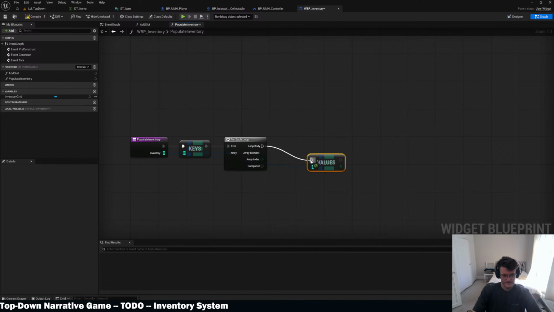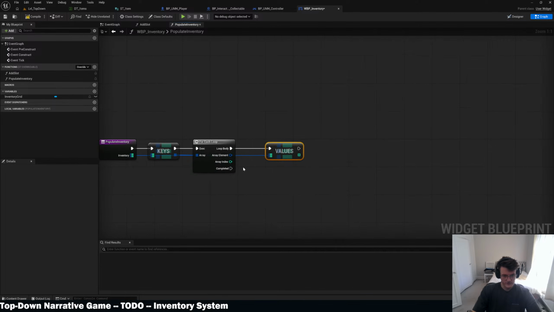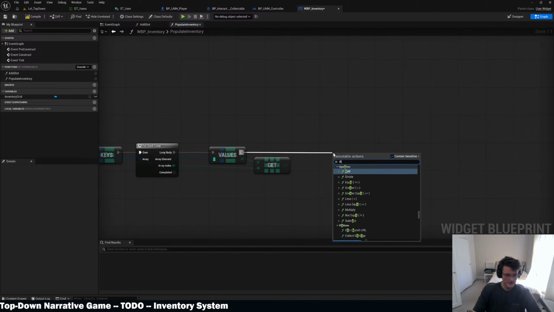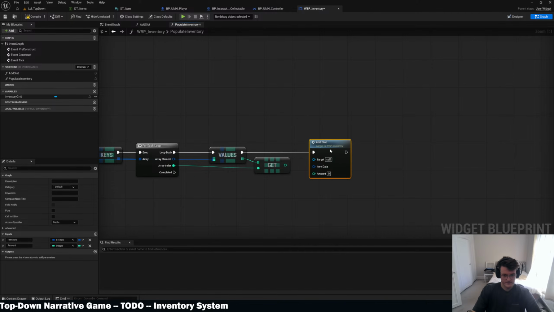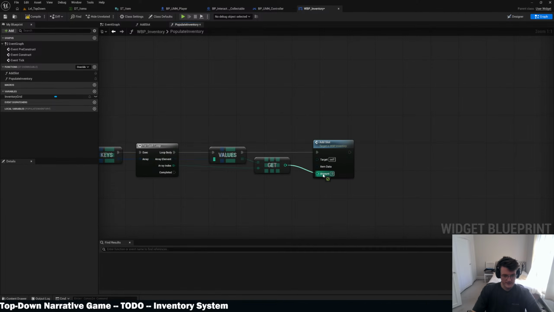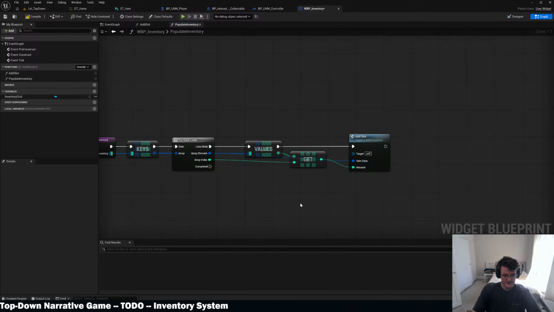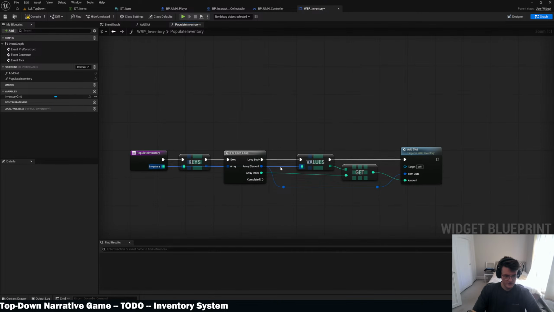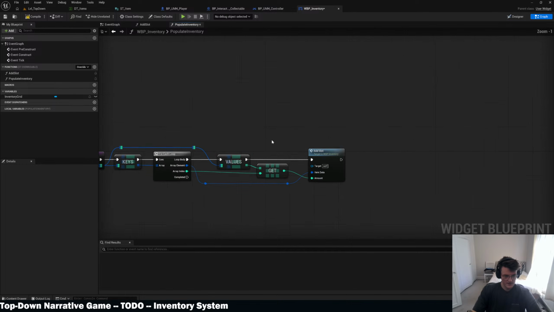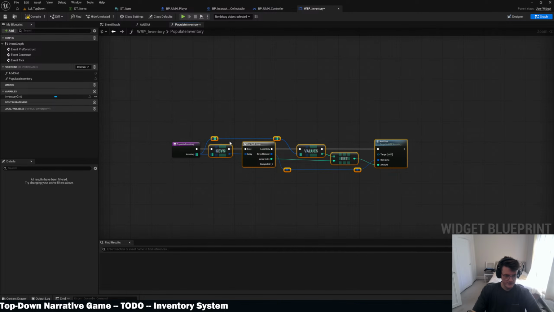Values. We're going to get a copy at this index. We're going to add slot, and it's going to have an amount of this, and it's going to be item data this. It's fine. And then let's just have this one go over the top so we can clearly see what's going on. And the first thing we're going to do in populate inventory